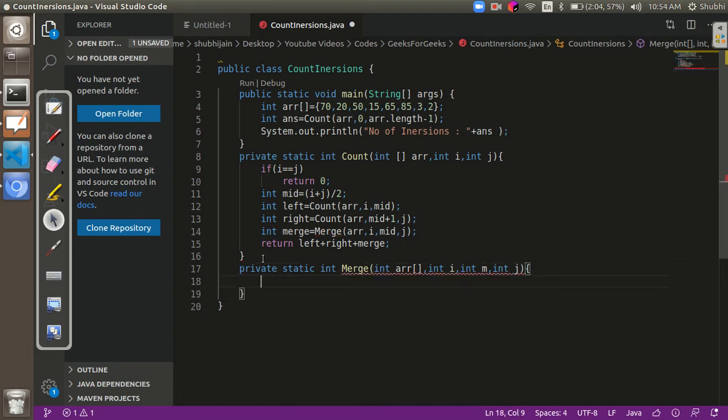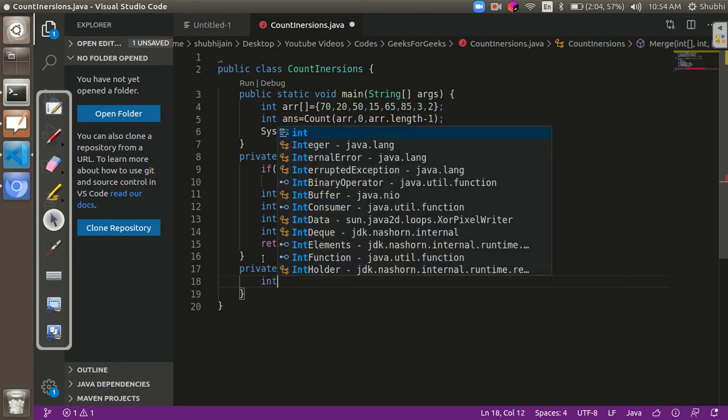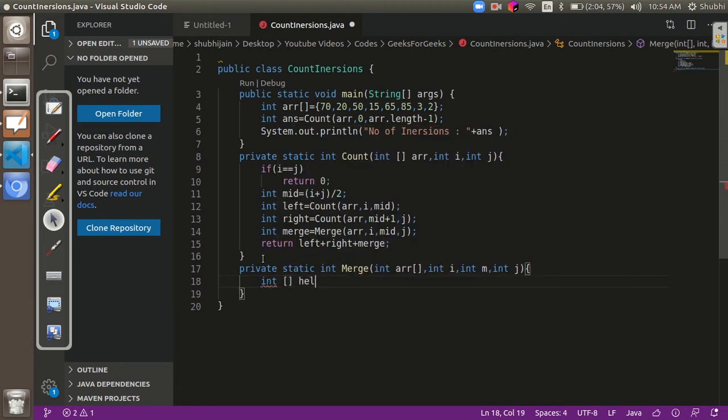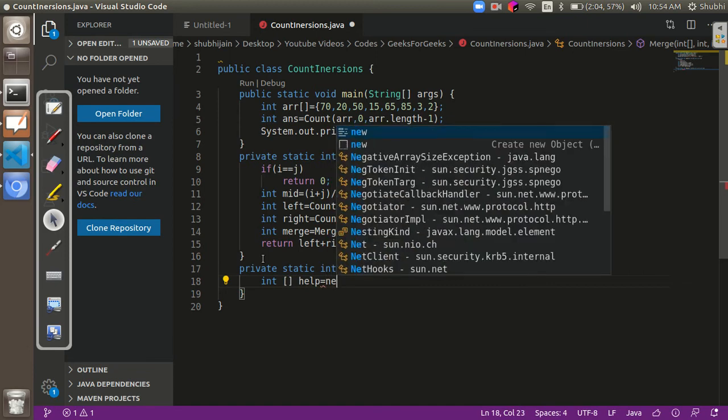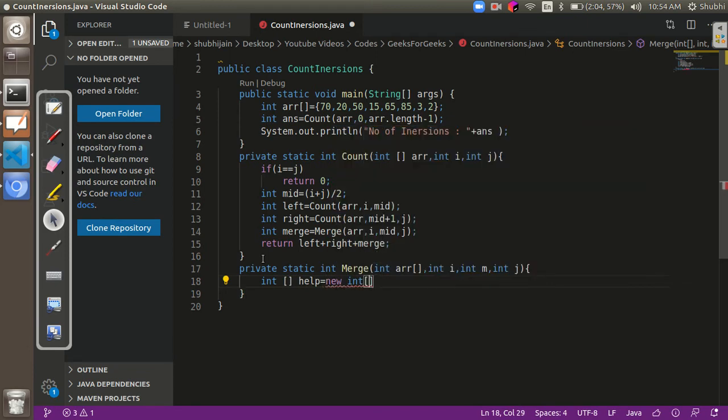Now if you have seen the merge algorithm video, we know that merge algorithm works in order of n only if we use it as an out-of-place algorithm, that is we take help of an external array in order to store our answer. So over here I'll have a helper array, whose length will be the sum of the lengths of the two halves. So over here it will be this.